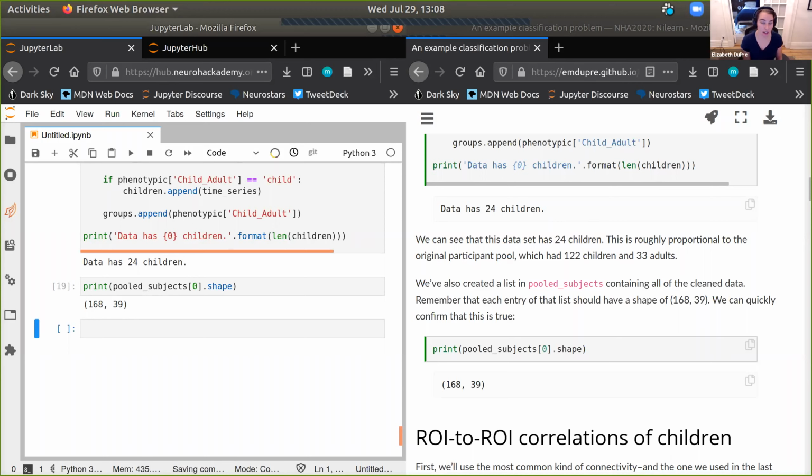Nilearn can do a lot of things that are quite useful for pre-processing, like some steps we often think of as pre-processing, such as smoothing, but it's really not a pre-processing library. It assumes that your data has already been pre-processed and that all your subjects are already in a standard anatomical space. If they are not, then you wouldn't be able to meet many of the assumptions that Nilearn has, and you'd get some kind of wonky results. So it can't account for anatomical differences between subjects if they're not in a standard space, but assuming you've pre-processed them and put them in some standard space already, then yes, it'll work within that standard space.